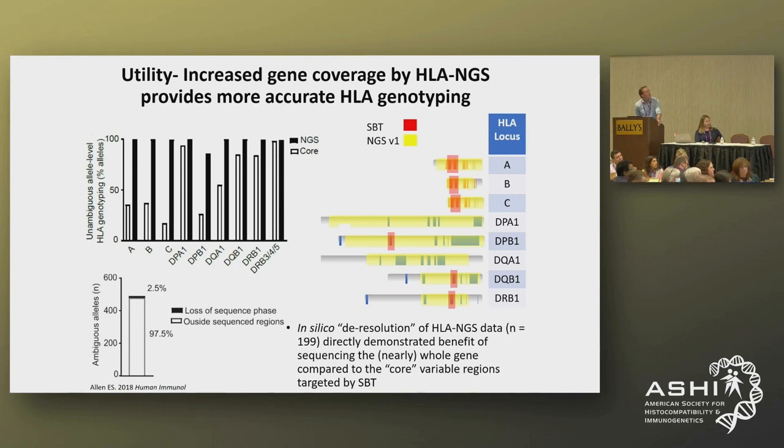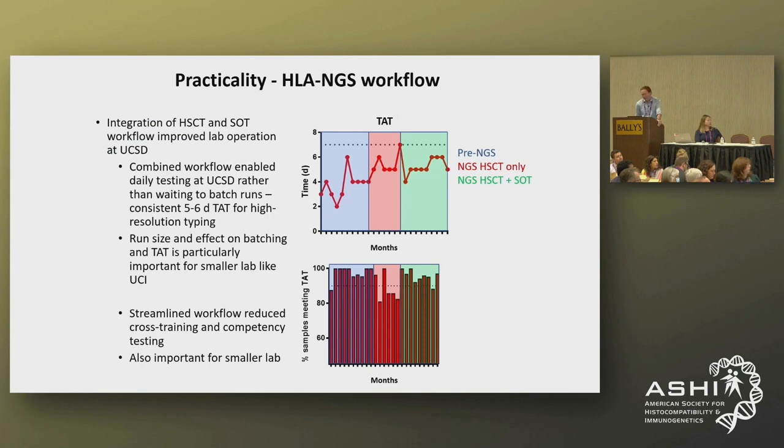That translates to a higher frequency of unambiguous genotypes, as illustrated by the bar graph on the upper left side. This decreasing level of ambiguity means we know we're providing a better clinical result, but then there's the issue of practicality. Again, our lab is small, so how are we going to make this work? We had learned the lesson at UCSD that integrating high-res HSCT typing